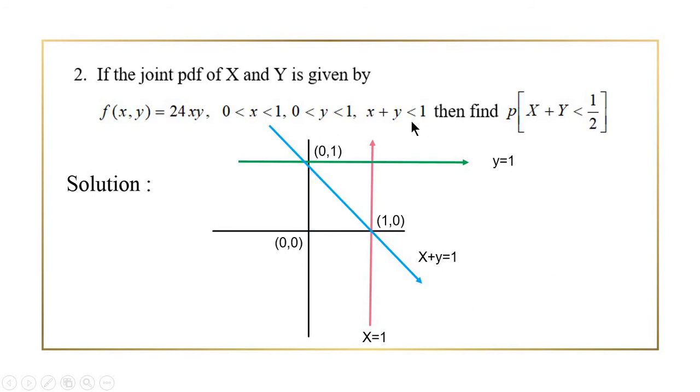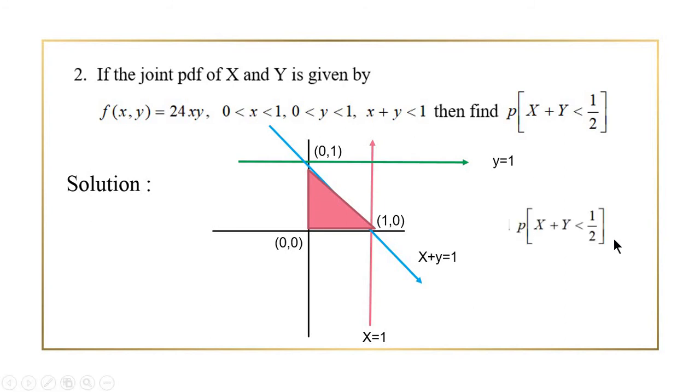Okay, now one must check whether the region is below or above the blue colored line. For that, we can substitute the origin in that equation and check whether it is below the line or above the line. When you put x equal to 0, y equal to 0 in this equation, we get 0 plus 0 is less than 1. Therefore, it satisfies the equation. Therefore, the region must include the origin. So, this is our region. It is below the line.